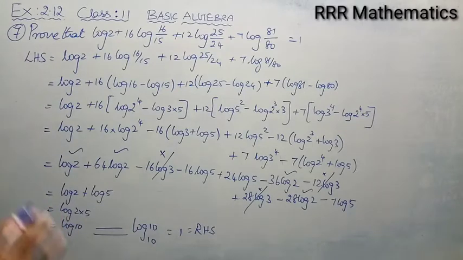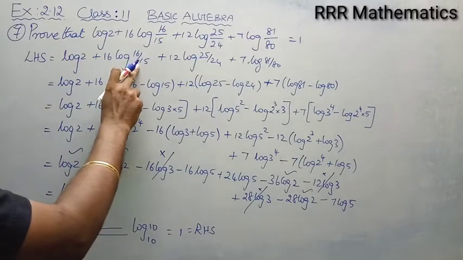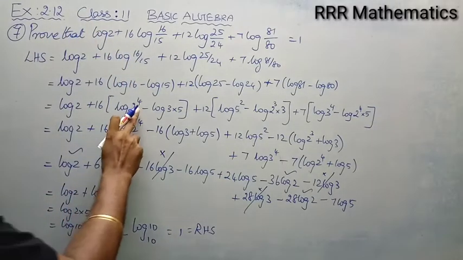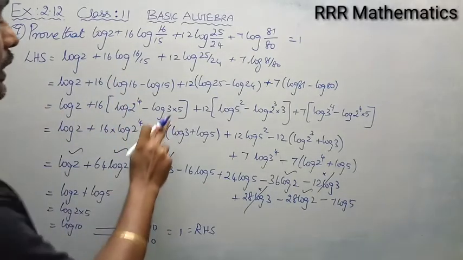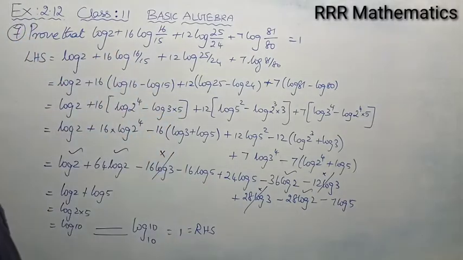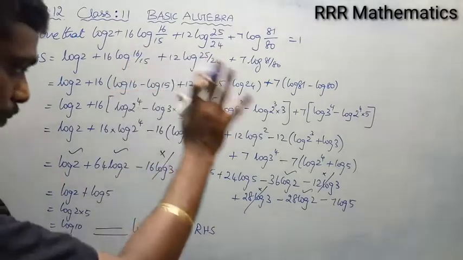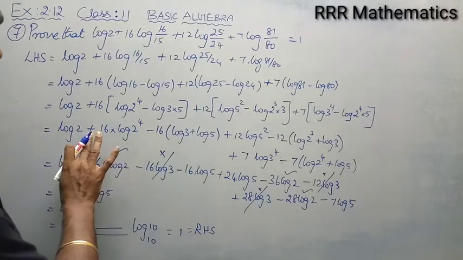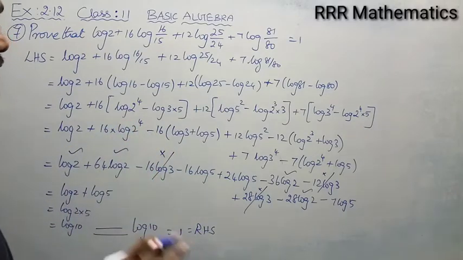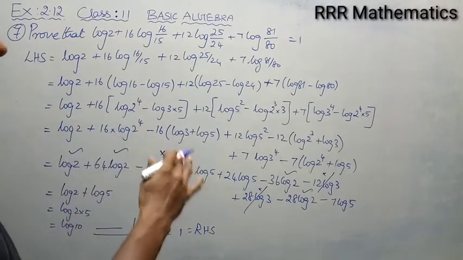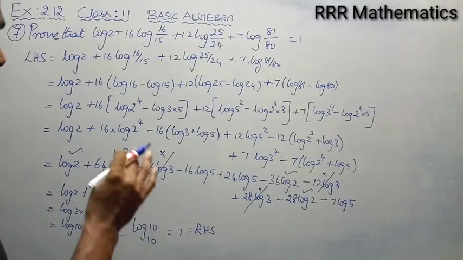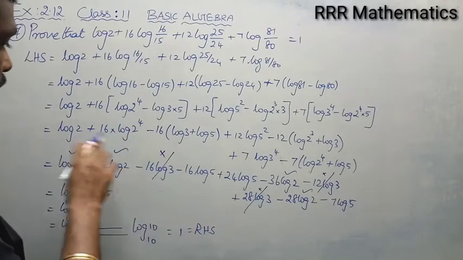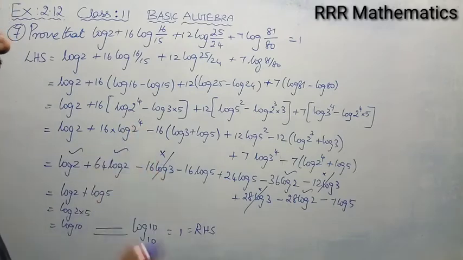Just go through line by line. Remember the property: whenever the divisor comes, you use the quotient rule. Whenever the power comes, you use the power rule. Whenever the product comes, you use the product rule. That is the basic principle. When you apply properly, line by line, with proper multiplication and proper plus and minus signs, you will make mistakes only while multiplying minus, plus and products. If you are very careful while multiplying the numbers and the sign, then the problem will come out automatically and you will get the result.